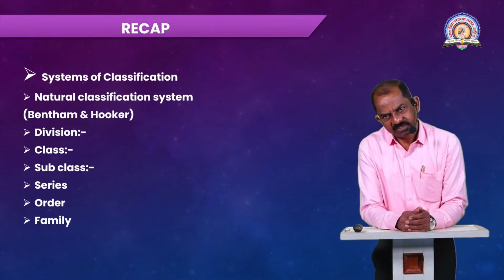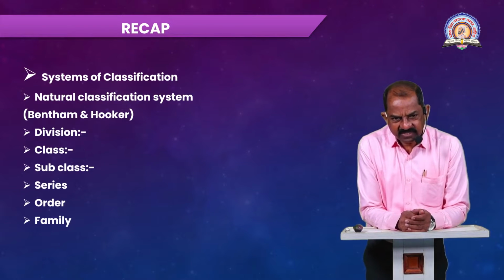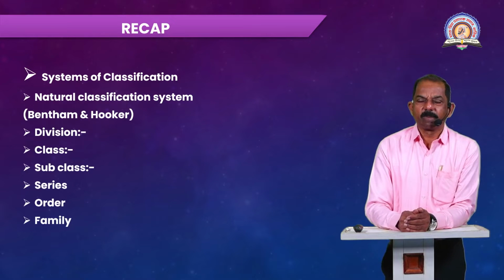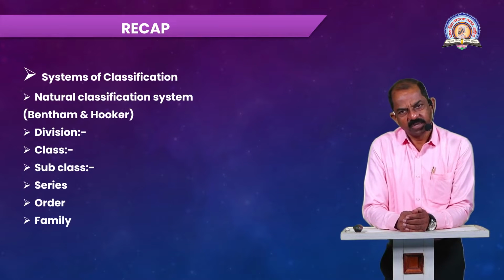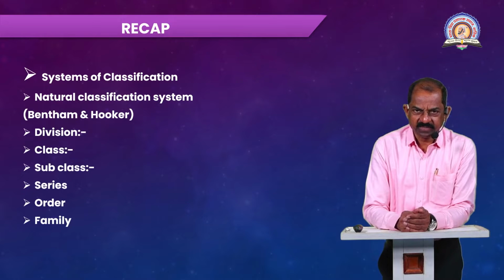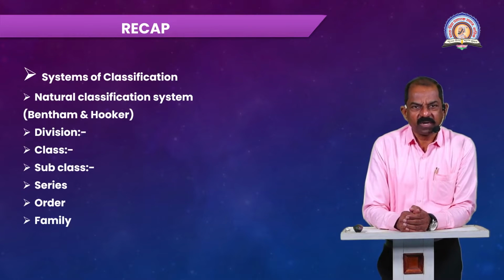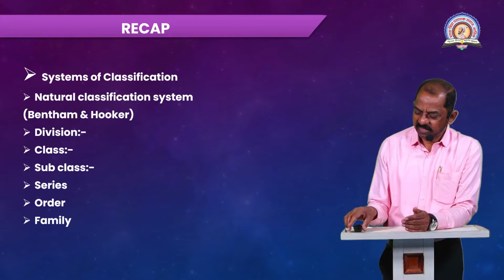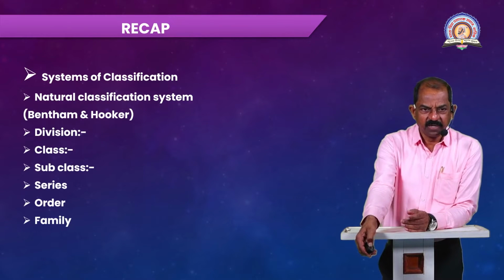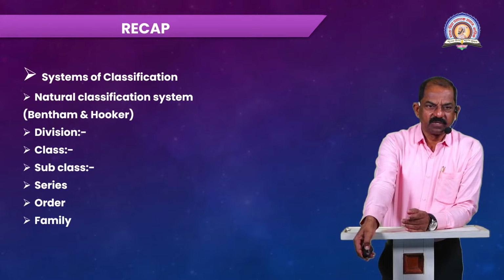In the last lecture, we completed the natural system of plant classification. Before that, the artificial system of plant classification, as well as the phylogenetic system of plant classification. And today we start the next one, that is the